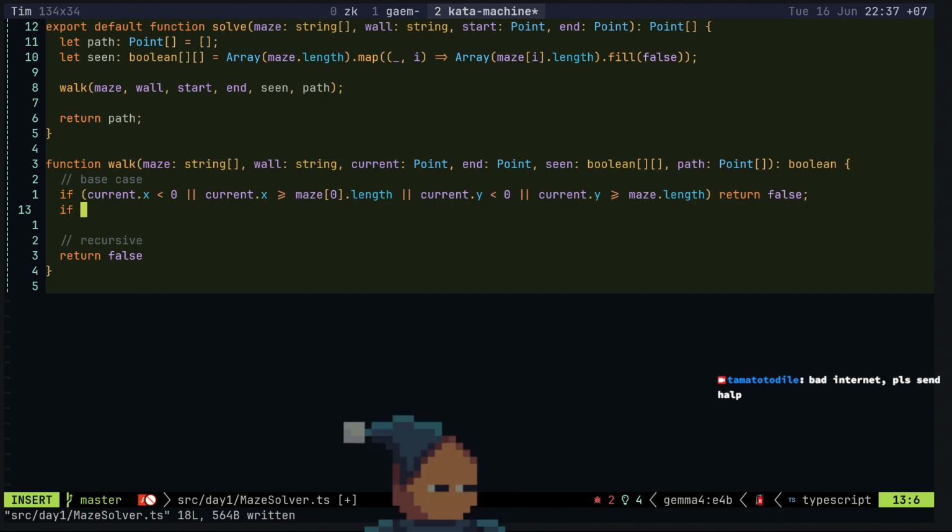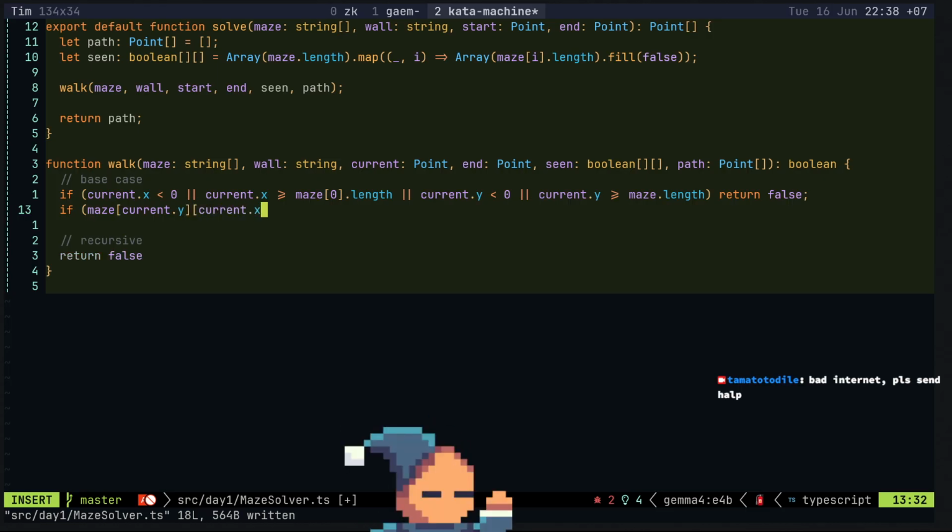Let's see, what else? So if we're hitting a wall, I guess, equals, well, maze current dot x equals wall and false.